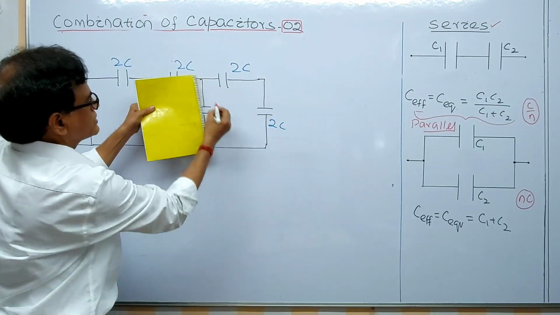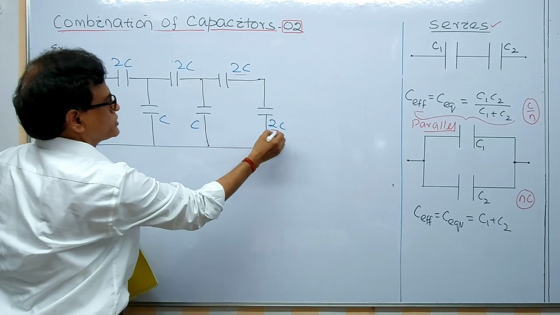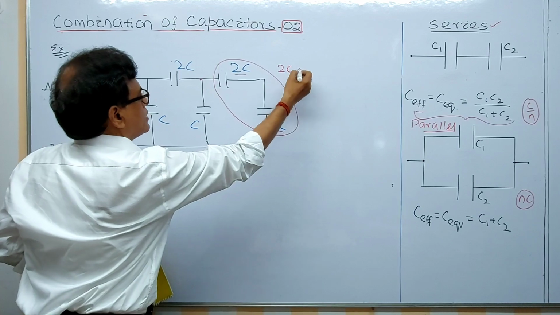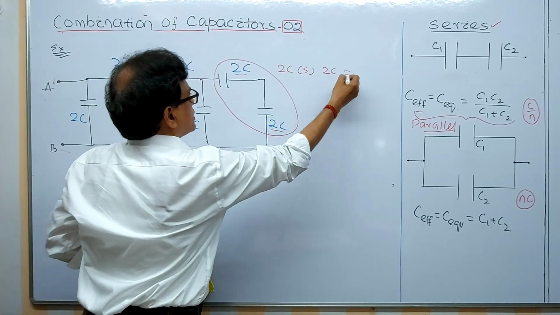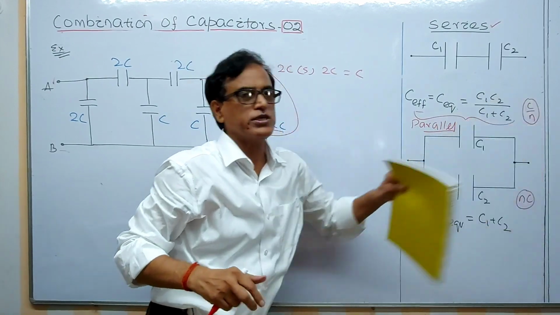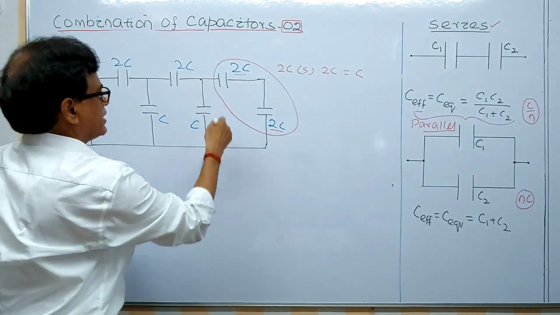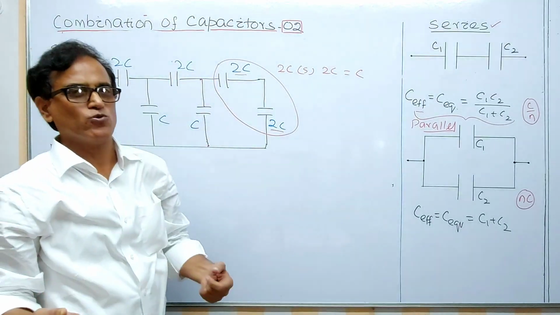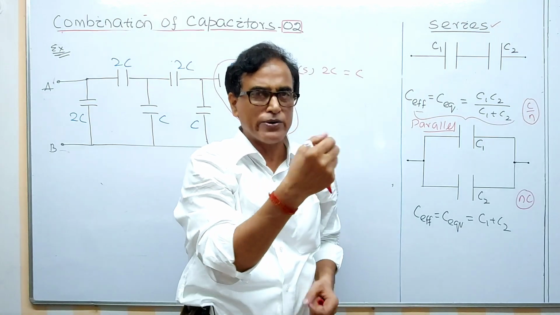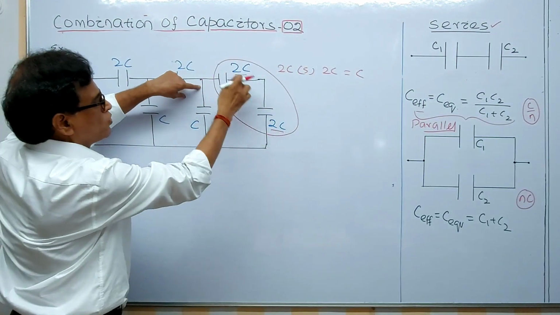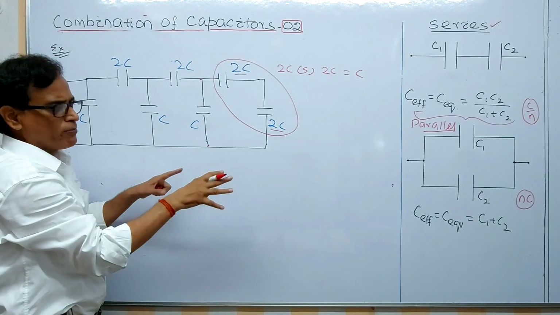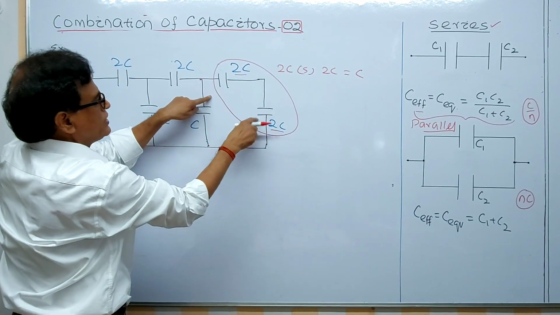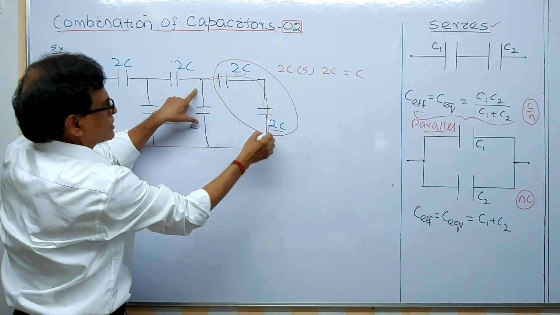Now these two are in series across this. 2C and 2C in series. And these two give you 2C series, 2C by 2, that is C. That means these two are in series. That gives you C. As I am going faster, you can visualize this and you can tell the answer. Now these two, it is the simplest circuit. There is no Wheatstone bridge, there are no complications. So only series and parallel. This series combination, 2C by 2, gives you C.